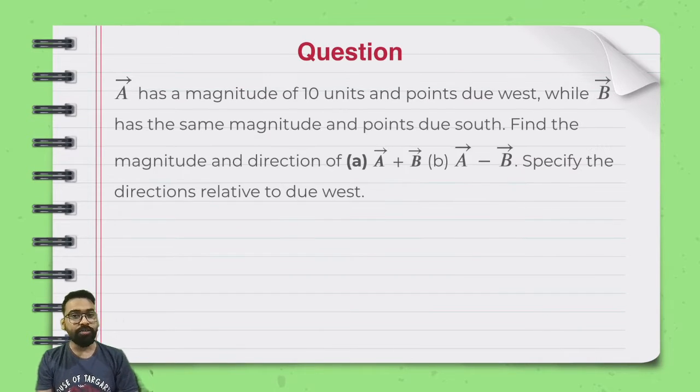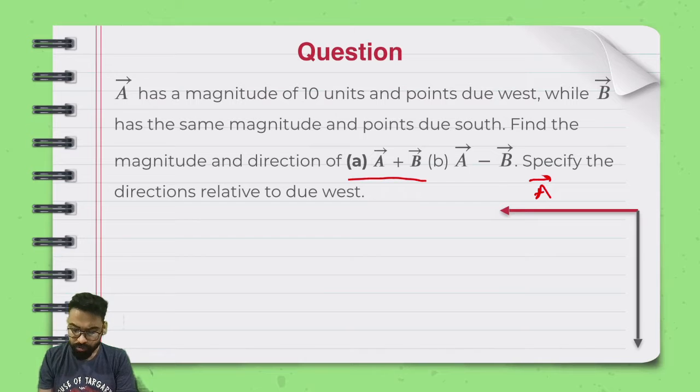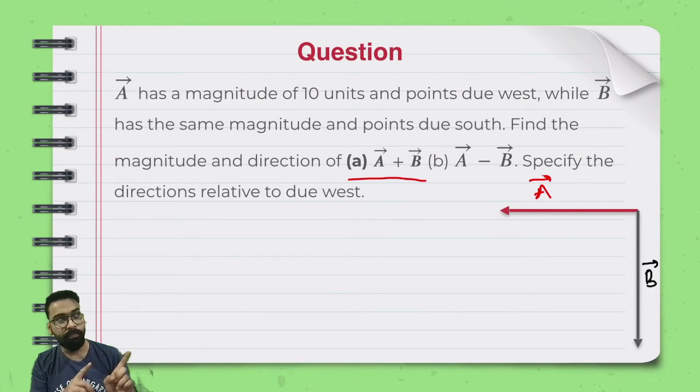Now if we take up the first part, I have tried to highlight or mark the importance that A plus B is what we try to find. And if you see, first of all, let us say this is our A vector, which is having a magnitude of 10 units and it is pointing due west. Similarly, you have another B vector that is due south. Again, this is going to have some 10 units. Let us say this is our B vector. And now if you want A plus B, I hope you have studied this from the parallelogram law, the one that we saw in part 8.